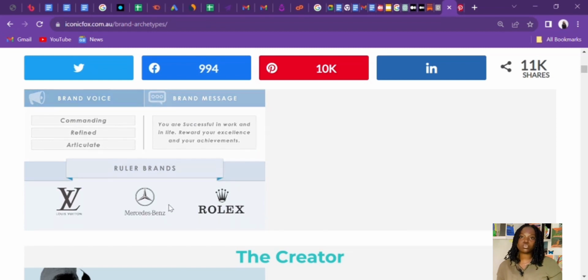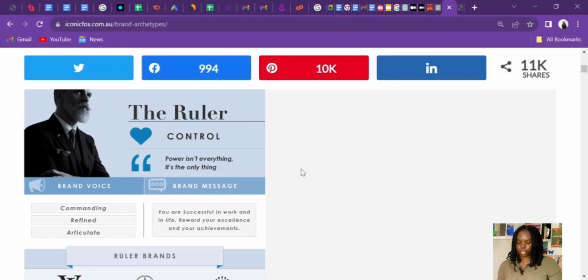Now that we know our brand archetype, the next thing is to determine the brand color. Now, there are so many ways to go about this. You can go on Google and search for the different color meanings, for you to be able to know which one resonates with your brand more. Or you could make use of a tool called color.co to generate a palette for you. But first, you want to understand some of the colors that you can find under this brand archetype.